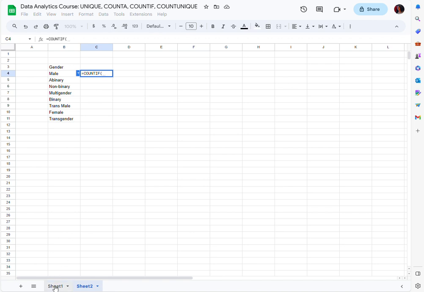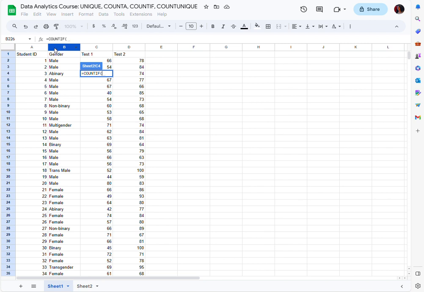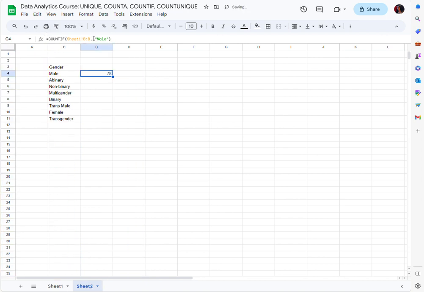Again, I am going to go back to the data and then select column B. But this time I have to specify exactly which values I want to count, or which types of gender identifications I want to count. And because I'm working with string data, I have to use quotation marks, and then I'm going to type male with the capital M because this is how it shows up in the data, and then hit enter. And now I see that I have 78